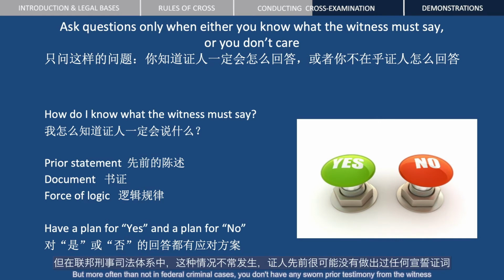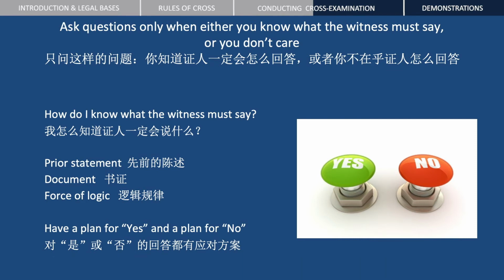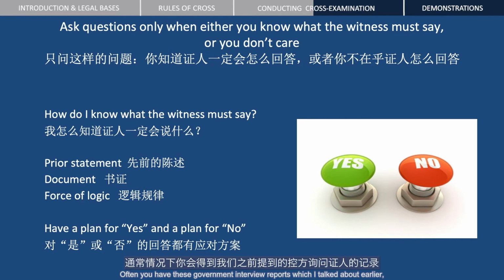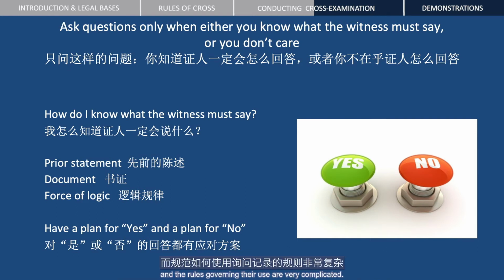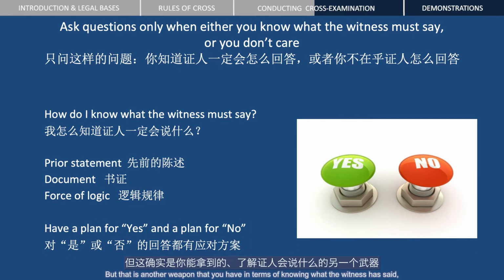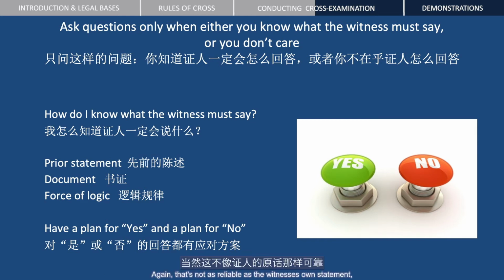But more often than not, in federal criminal cases, you don't have any sworn prior testimony from the witness. Often you have these government interview reports, which I talked about earlier, which are not actual statements of the witness. They're notes from the government, and the rules governing their use are very complicated. But that is another weapon that you have in terms of knowing what the witness has said. You have a prior government interview note saying what the witness said at a prior time. Again, that's not as reliable as the witness's own statement, but it's a piece of information that you use in